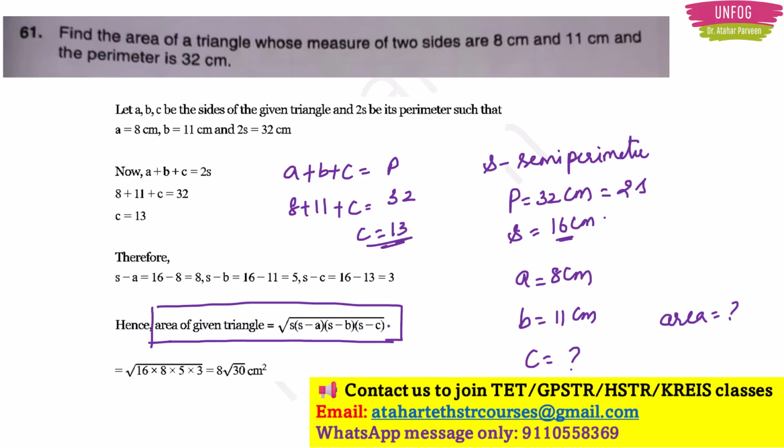Now you put C in this. A and B we already have. You will get the area of the triangle. That's it. Your full 3 marks are scored here. So for that you should know the concept of perimeter, the concept of semi-perimeter, and that this formula relates the area of the triangle and the semi-perimeter of the triangle. Okay, clear, right?